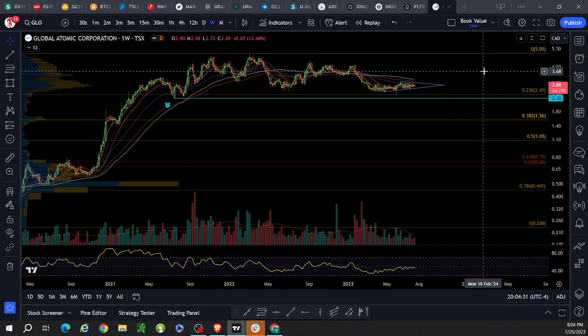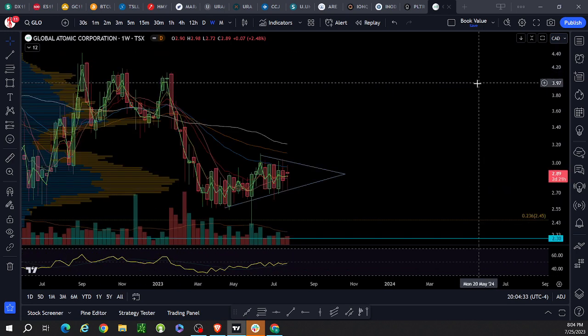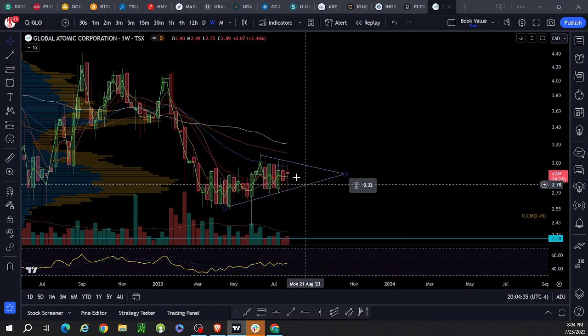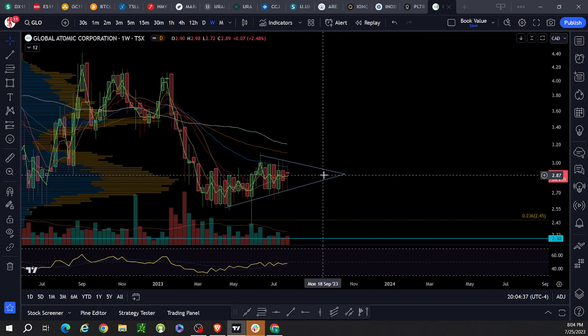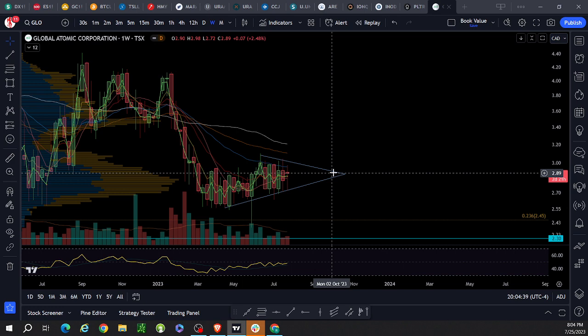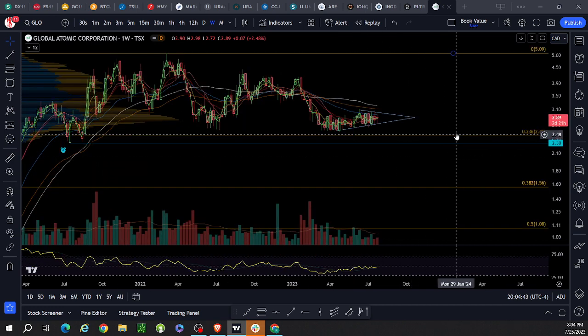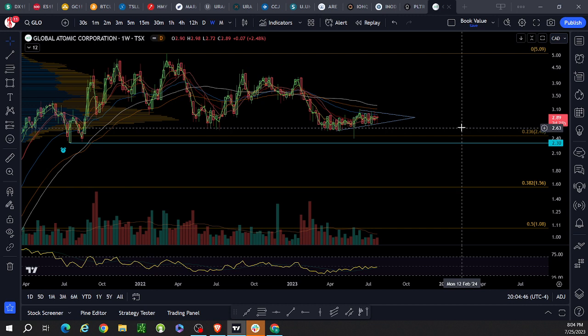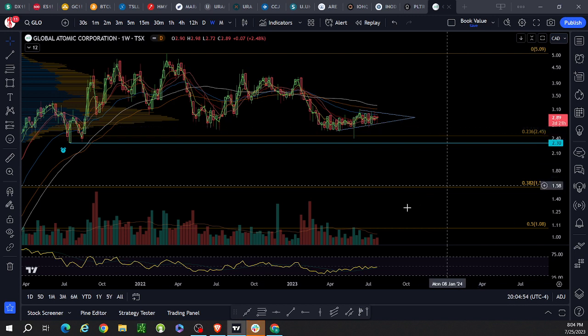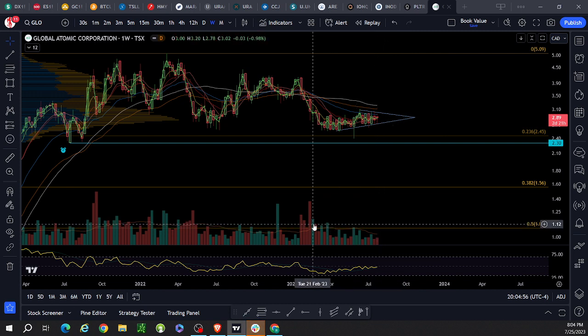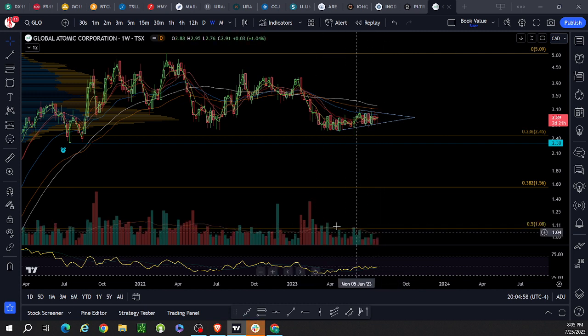So again, we're going to zoom in here on this weekly, and it's very tight. Now, this thing can continue tightening up all the way into September, perhaps. There is some thought that there is a financing overhang. They still need to raise capital for the Dasa mine. It may be that. It may be that. But when I'm looking at this volume, the volume down here,